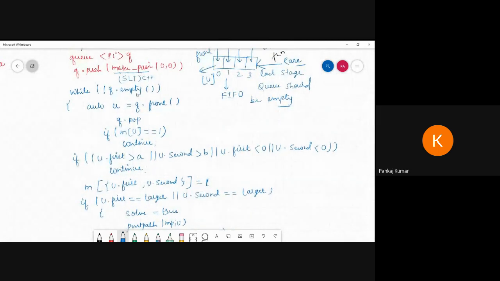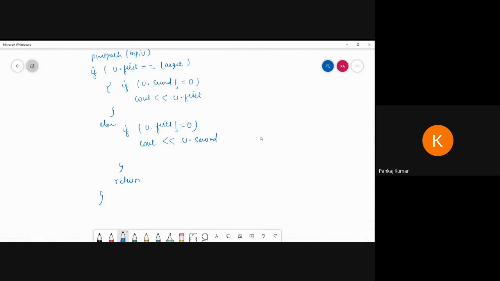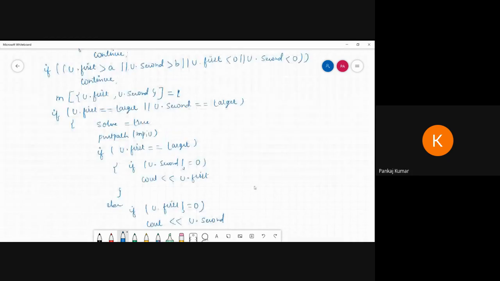Inside that one, we have to just write code for the queue where we can store the data, we can fetch the data, and we can reach the goal state. For that purpose, we have to write this code. Then after this, we have to write this code to check whether the jug is completely full or not, and whatever we transfer from jug 1 to jug 2, we can also write this code. Okay, so all these things we have to write, whatever you're performing.